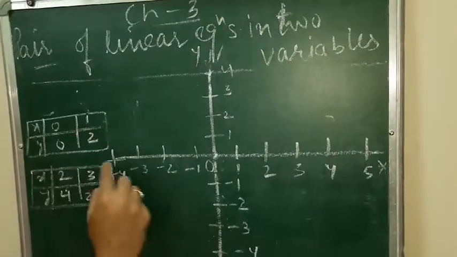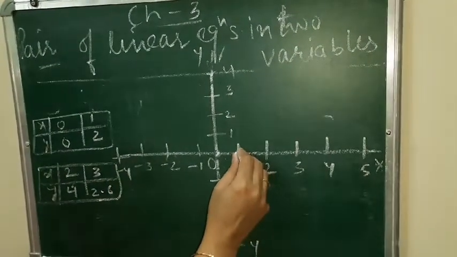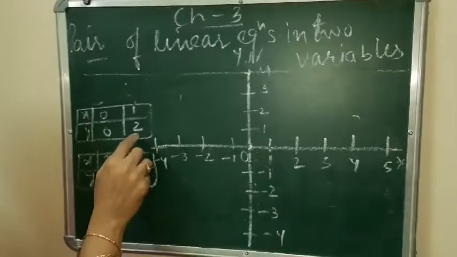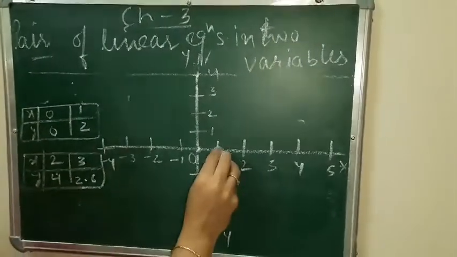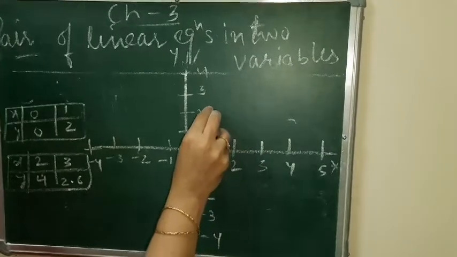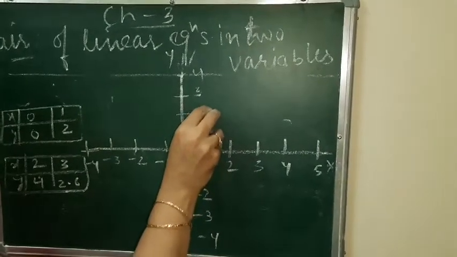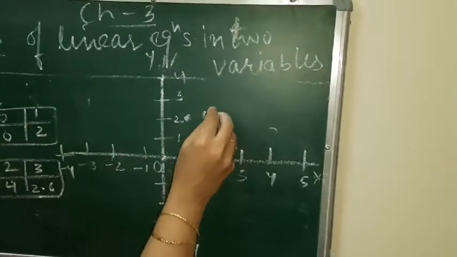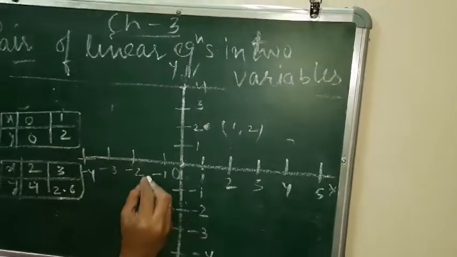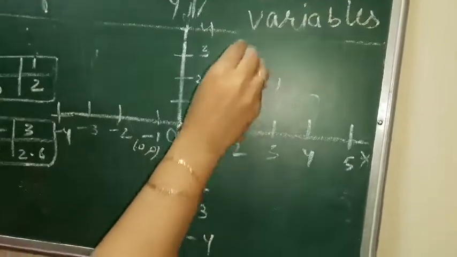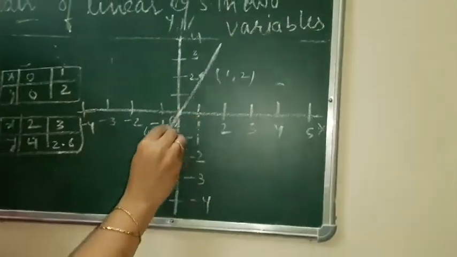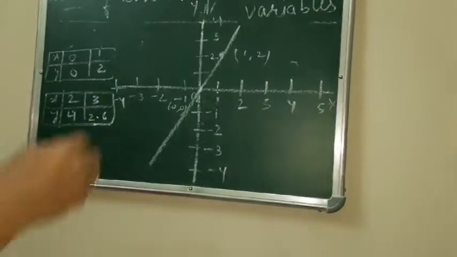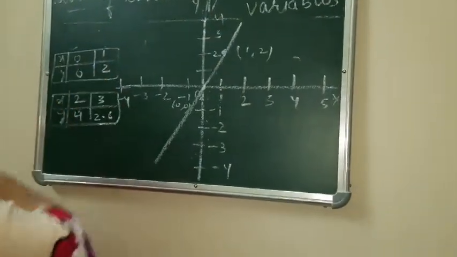Now x is 1 on the x-axis. My x is this one. Sorry, 1 is this. And you have to move in a straight line till 2 on y-axis. So in a straight line of it, when we move to y, it will be this point. So these are my 2 points. You can write here 1, 2, and this is my 0, 0, and draw a straight line for it. So this is my line or a straight line graph for the first equation.